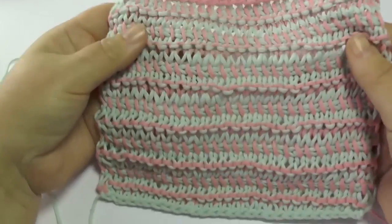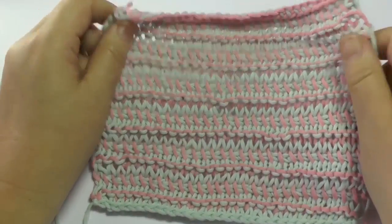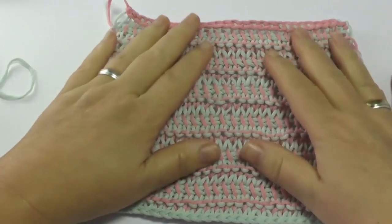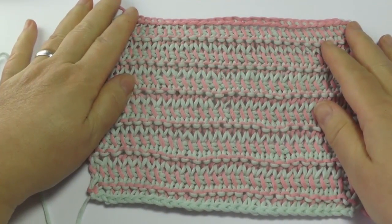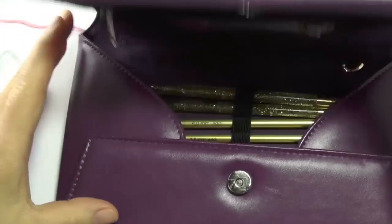Hello! Today I'm going to show you how to do the knit crochet pattern Anne. It's called knit crochet pattern because we knit and crochet all within one pattern. For that we use the Woolly Hugs instruments,